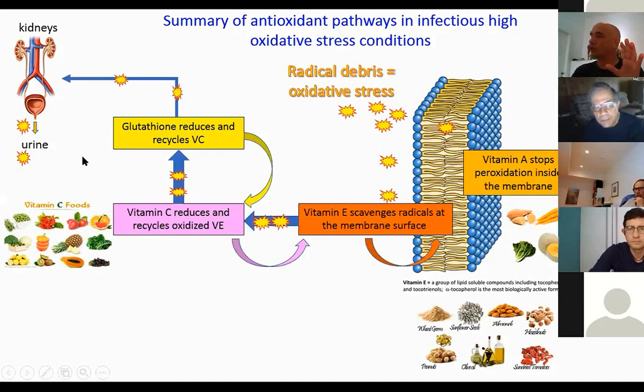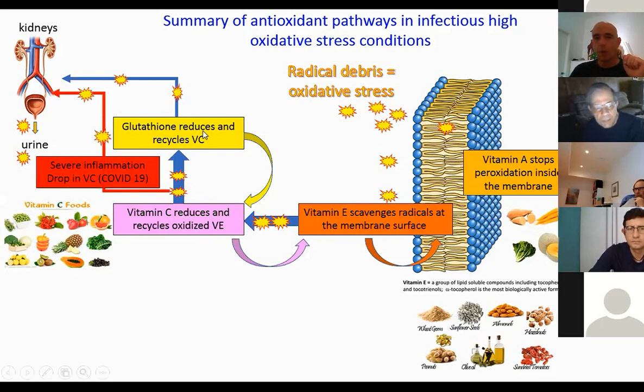So this is a good situation, but when you are under a very severe inflammatory attack, this happens. When glutathione is overwhelmed and vitamin C is overwhelmed because this stress is too high, you start losing oxidized vitamin C in your urine, and your vitamin C level drops. And that's when you have this problem of an autoimmune reaction. Nothing stops, and this goes on and on and on.